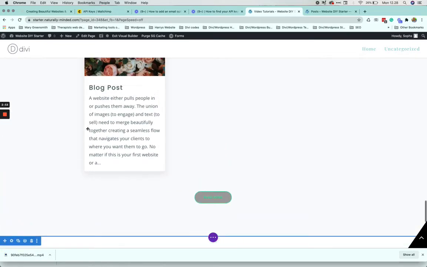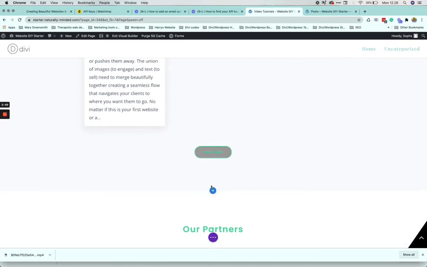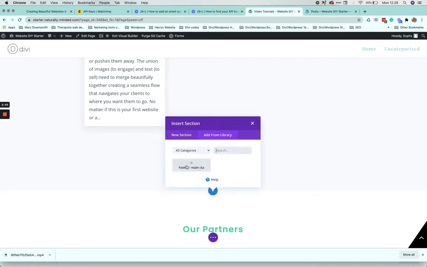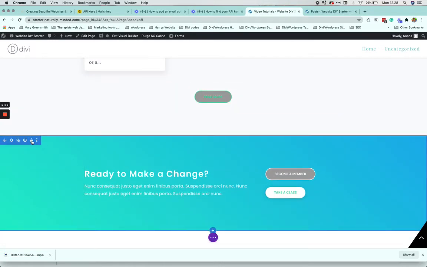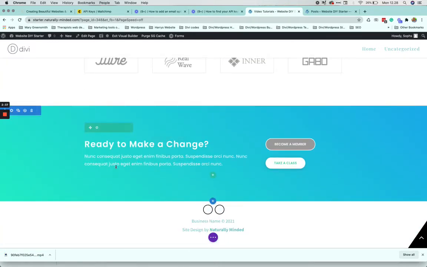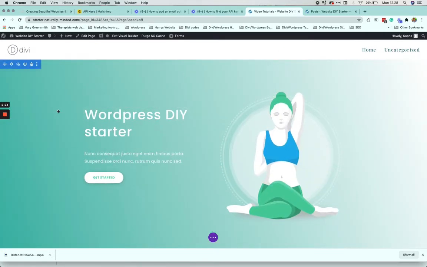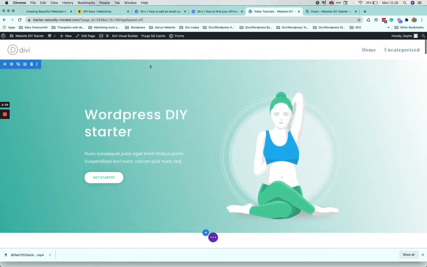And then once I've done that, so now I'm building a new page, I can just go to add a new section from my library, and there your footer is there. So you can just add it in again on any page that you like. So I like to do that with my footer, and I like to do it with the header, which will be different to this one, but let's just say I made this header for a normal